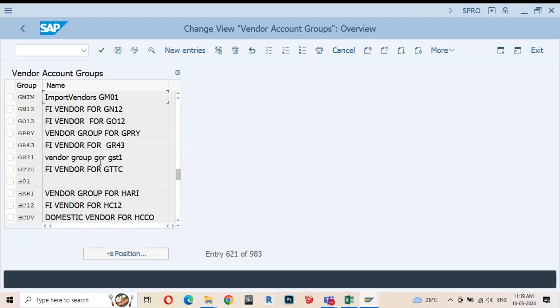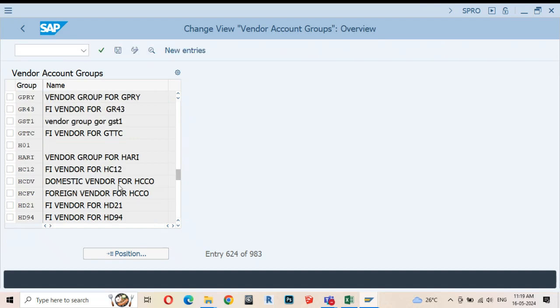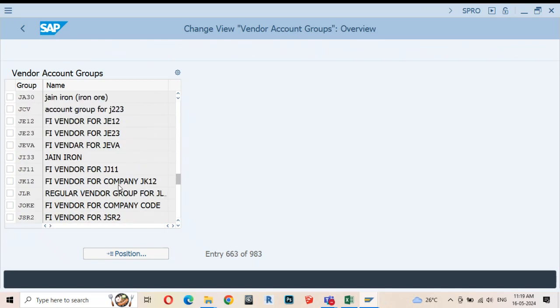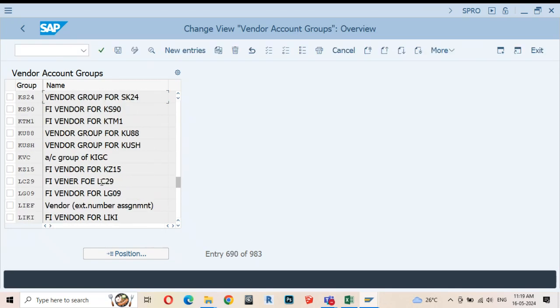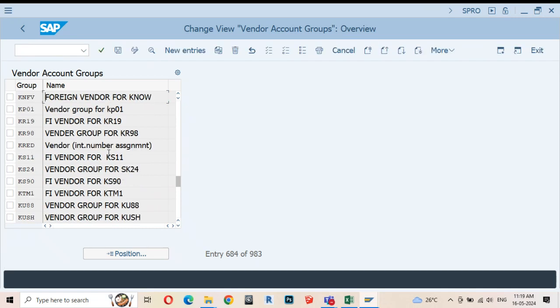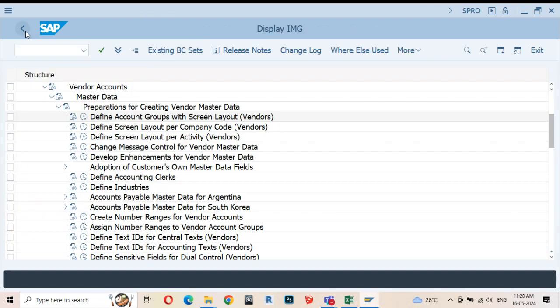And I told you that as far as the standard vendor account group is concerned, there is a standard group called KRED. Can you see this? So this is a part of the standard SAP system. You can see this vendor account group in any of the SAP systems you open across the globe. Okay. Now, there is a concept of